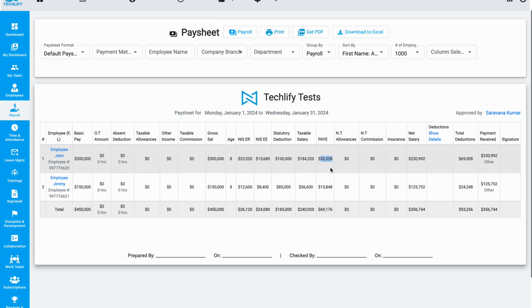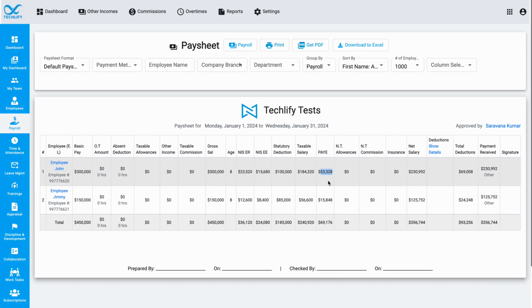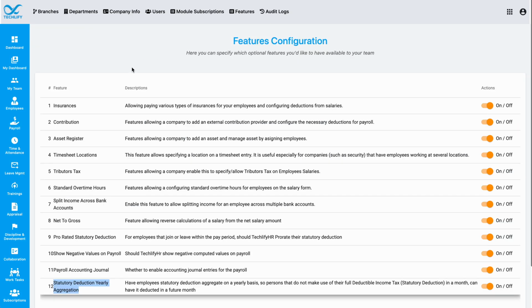You'll see that John is paying 170,000 at 28%, and the balance being 30,000 at 40%, whereas with the 2024 configuration, he would pay 0 at 40%. So we're overcharging him PAYE here. Now, previously, again, you needed to create a supplementary payroll to get the difference, but now, once you've enabled this